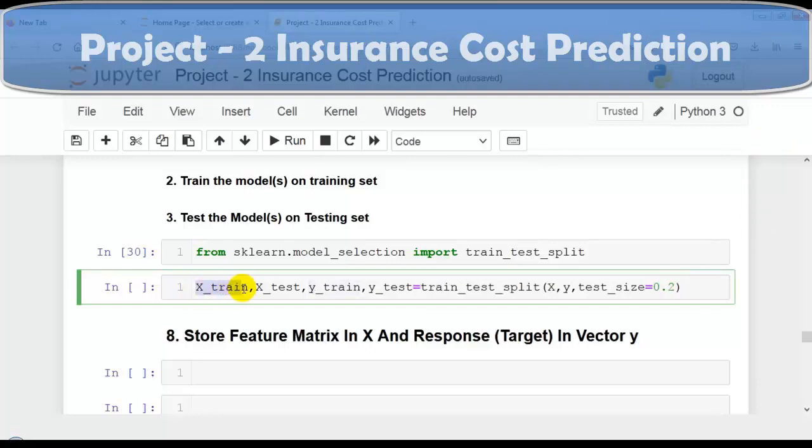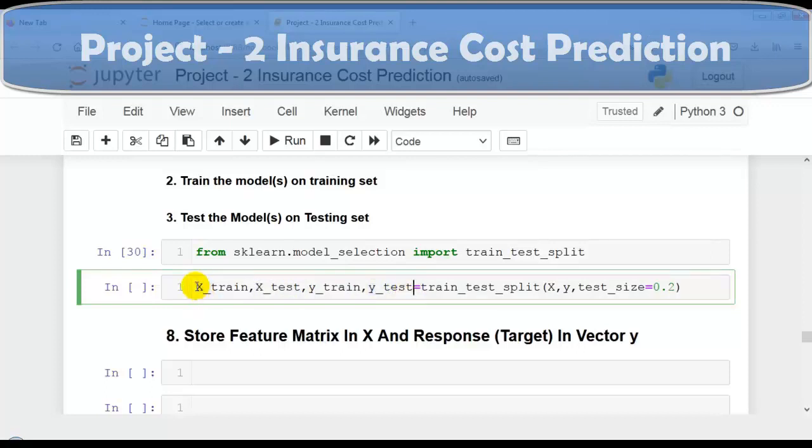So x train, which contains our features, means independent variables, and this is our label, means our response or target variable or dependent variable. Same for we are keeping 20% data for testing. This is x test, means our features or independent variables, and this is label for this data, y test, which is our target or response variable or dependent variable.